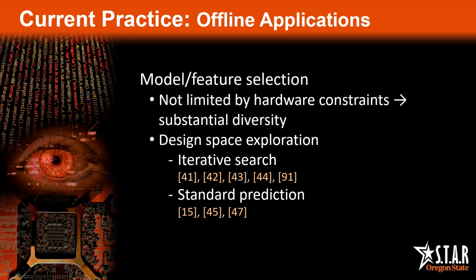System-level design space exploration has favored more standard supervised learning approaches. Specific model choices may of course still vary, with some linear and some nonlinear regression models, as well as some random forests and neural networks all finding implementation. As in online applications, some tasks are naturally limited to supervised learning methods. Cross-architecture prediction is one example.